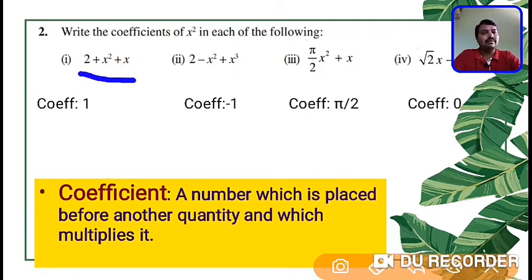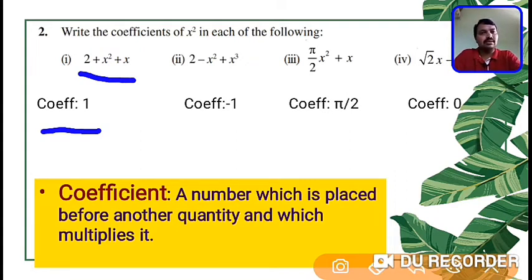So here we have nothing in the multiplication of x square, but x square exists, means there must be something by which when we will multiply x square, the answer should be x square only. So only one is the number by which if we will multiply any number, we will get same answer. So that is the reason the coefficient of x square is 1 in the